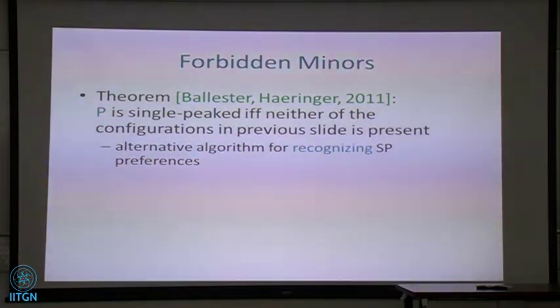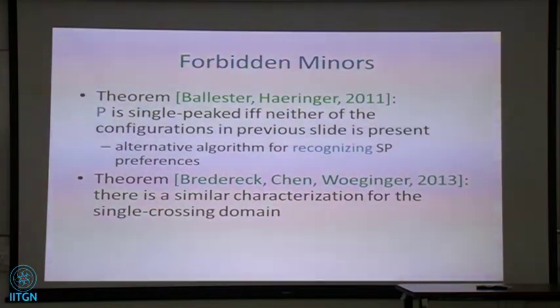Okay, how do you arrive at this characterization? Basically, you try to run the combinatorial algorithm for recognizing single peaked preferences, and you ask yourself how you may get stuck. What may prevent you from completing this algorithm? And basically, you discover that the only thing that can prevent you from completing your algorithm are those bad configurations. This is a similar result, somewhat more recent, by Bredereck, Chen and Woeginger,